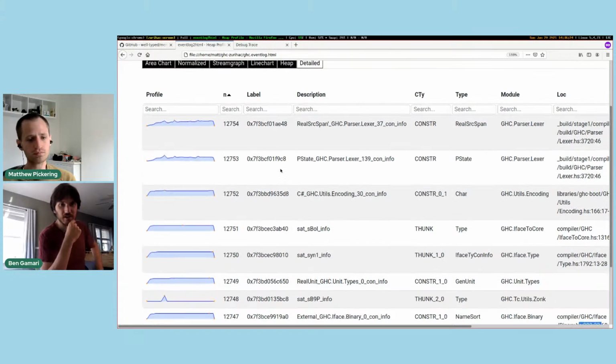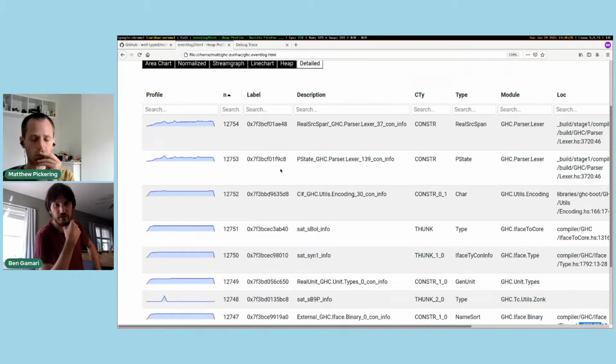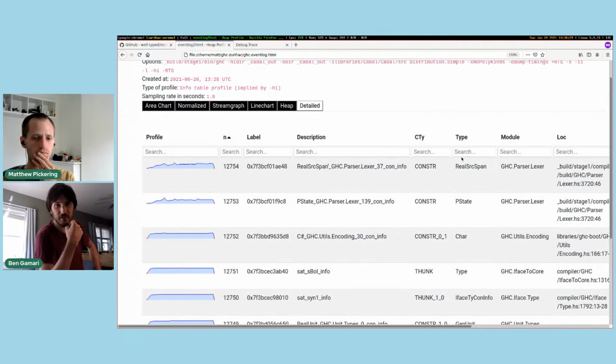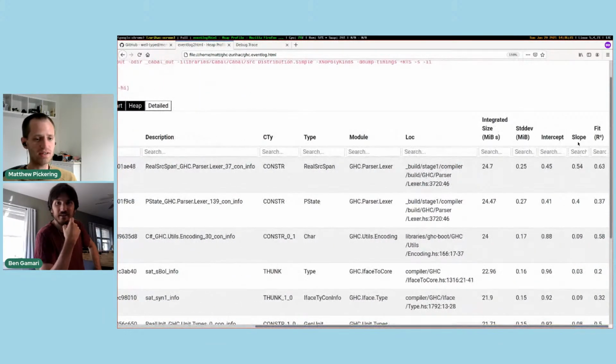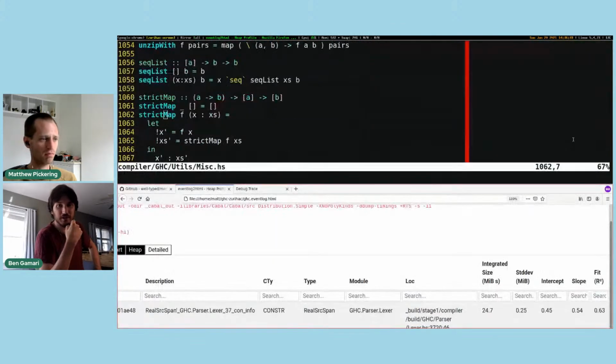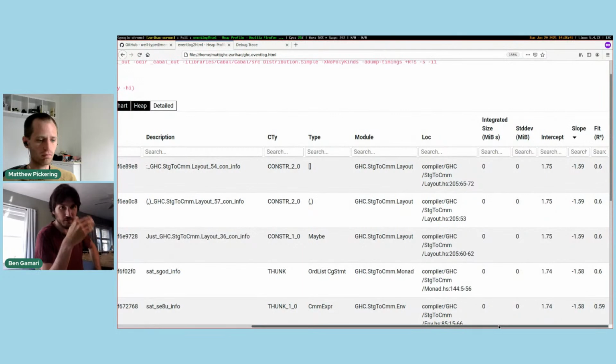And in addition, if you sort, for instance, by the slope, let's try that. So the slope is the slope of the line, which is admittedly not always going to be useful, especially if you have a program that has many stages. But in this case,